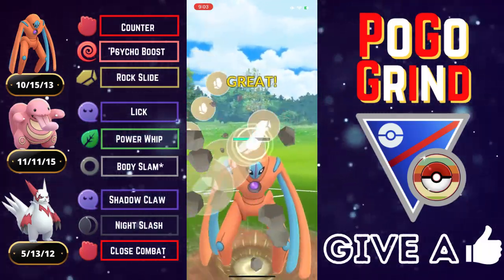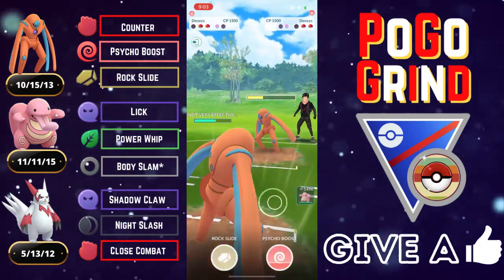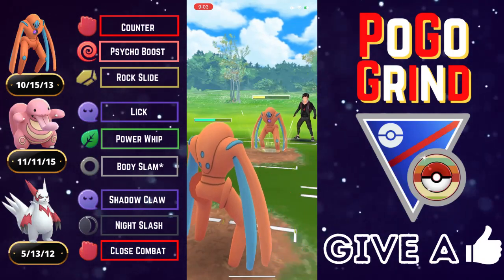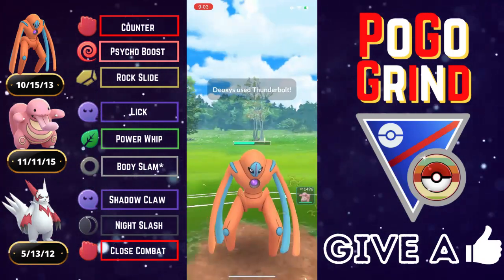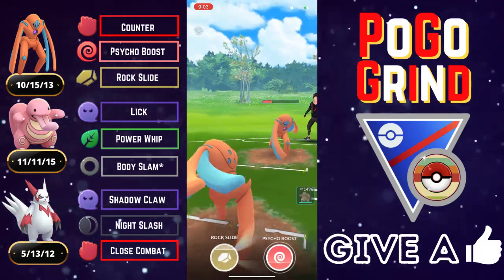We did have loaded energy. Gonna go for a Rock Slide on it just to chip a little bit, and look to play this out a little bit. We don't really want to come in with Lickitung. The Deoxys is still a little bit healthy. They go for the Thunderbolt on us, and we're going to look to build up again and try to...